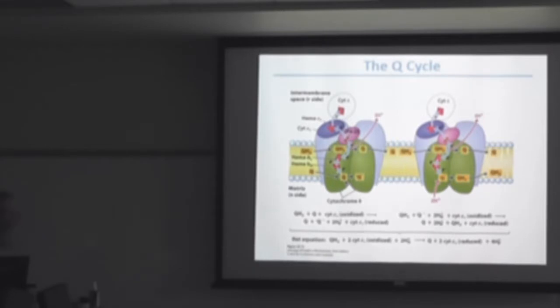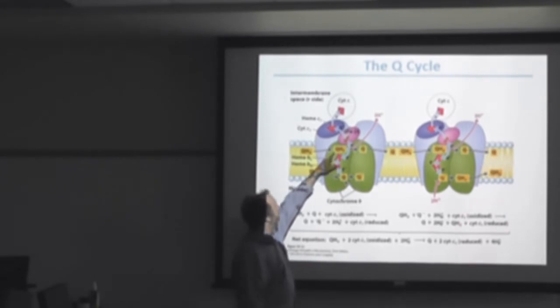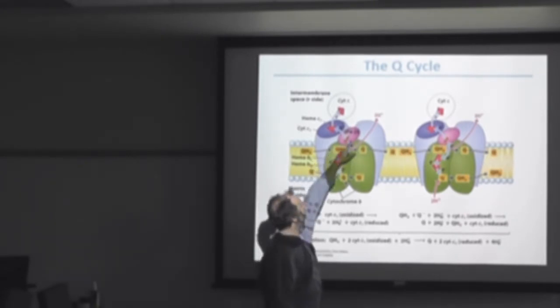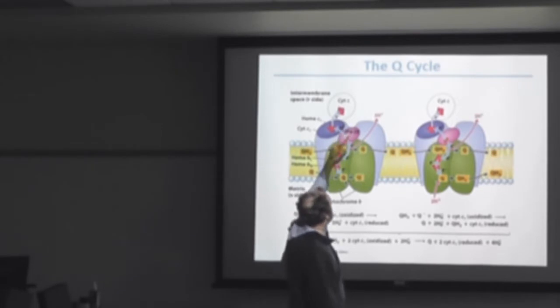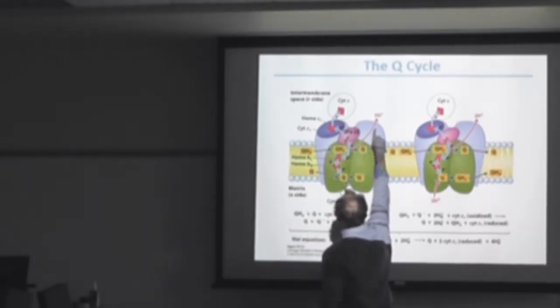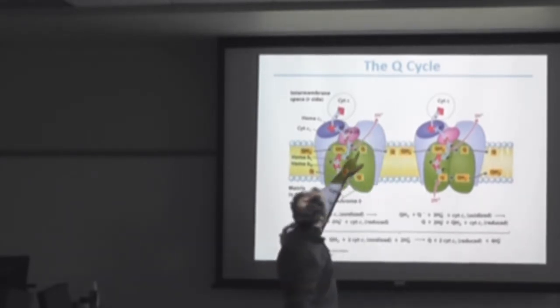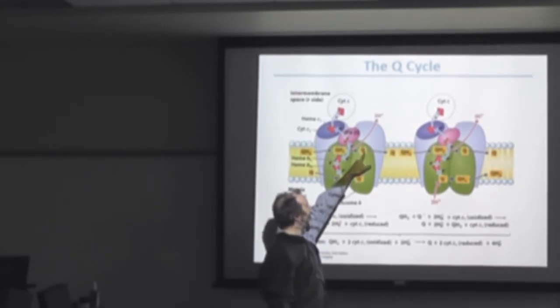So then it's kind of convoluted. You have your ubiquinol out in the membrane. It'll diffuse to complex 3 and bind, and then it gets split. One electron goes to this iron sulfur center, then to cytochrome C1 or heme C1, and then to cytochrome C. And in that process, we pump the 2 protons out, and you have ubiquinone again, and that comes back out